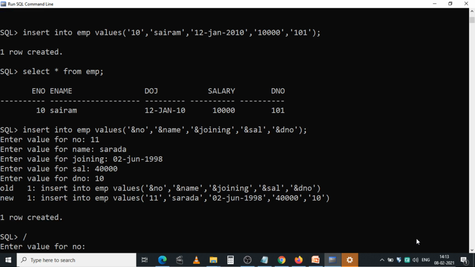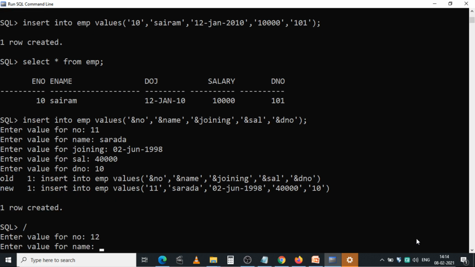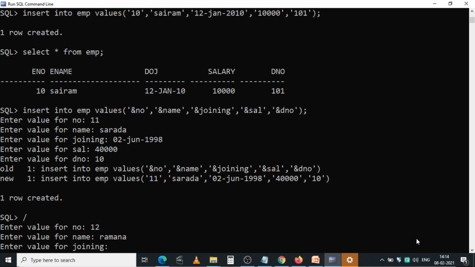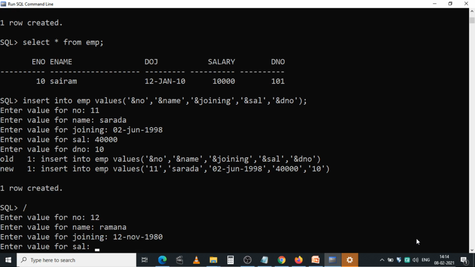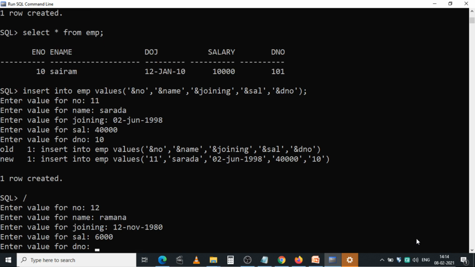Then it prompts again: enter number, name, salary, the number 20.